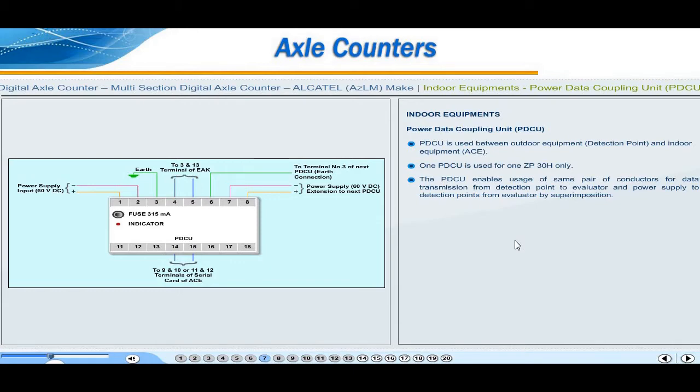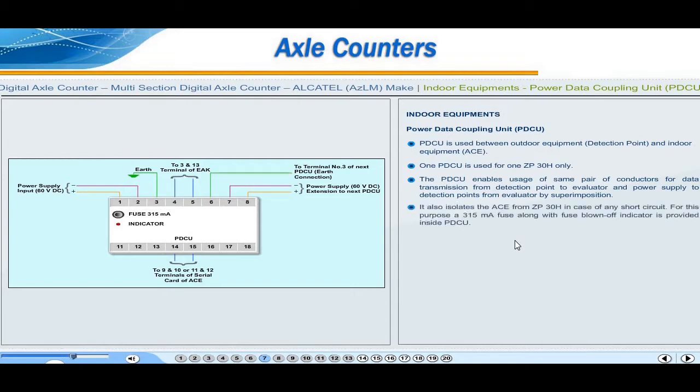Terminal numbers 14 and 15 are connected to terminal numbers 9 and 10 or 11 and 12 of the serial card of ACE. Terminal numbers 7 and 8 are connected to terminal numbers 1 and 2 of the next PDCU for carrying the power supply. Terminal number 6 is connected to terminal number 3 of the next PDCU, which is used for